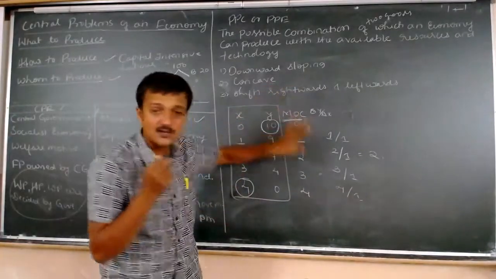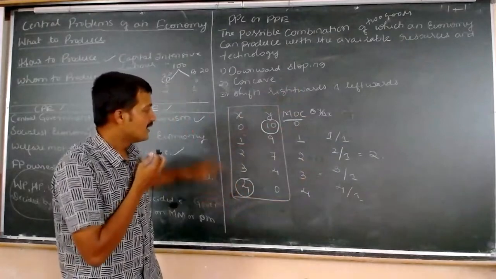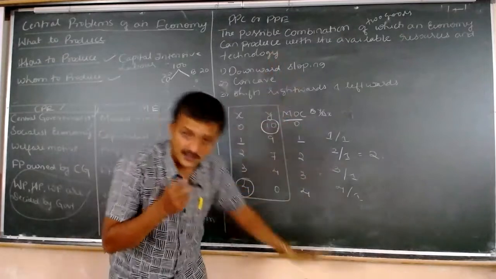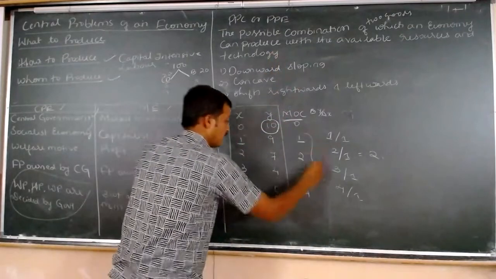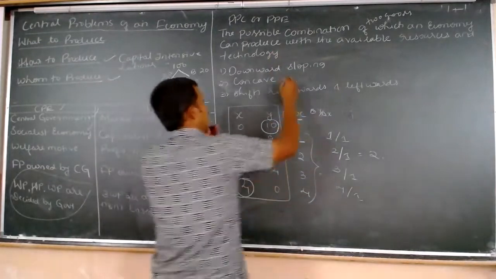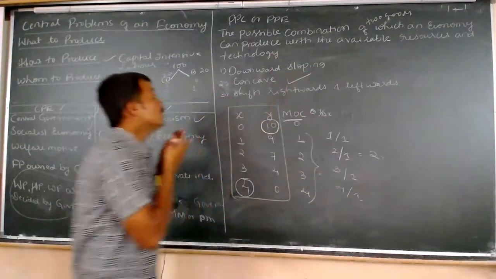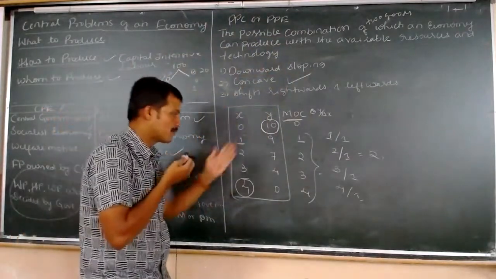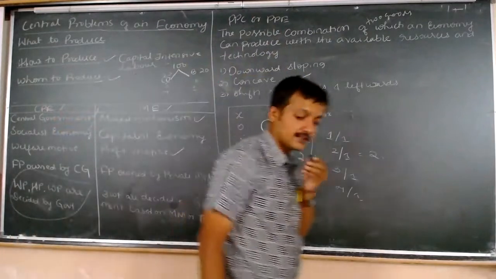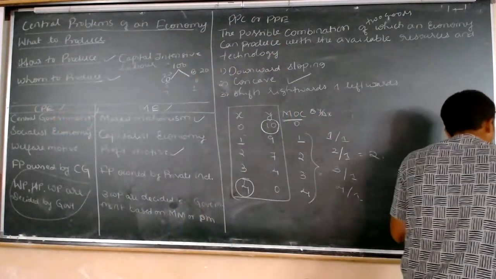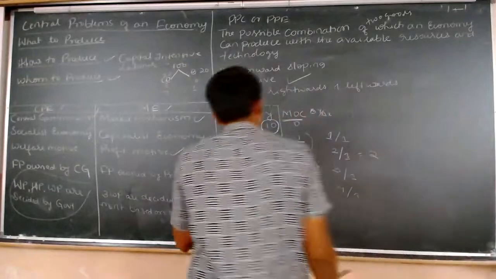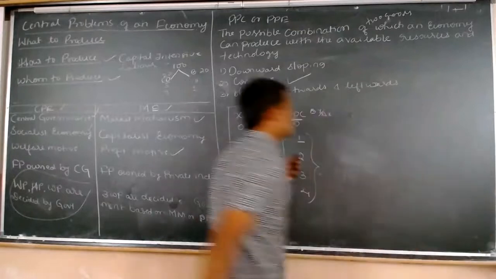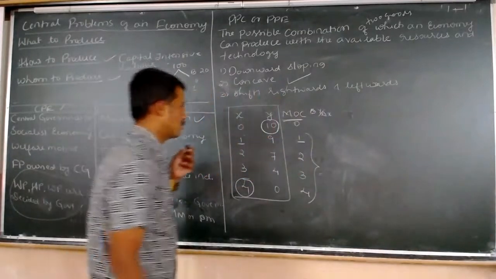So this is called as marginal opportunity cost. You can see in the beginning it is 1, then next it is 2, then next it is 3. It is going on increasing, and this nature makes the production possibility curve to remain concave. When you draw the production possibility curve, you will find out what its shape is. It is concave. Then why is it concave? Because of this marginal opportunity cost. Now let us draw and see how it looks.